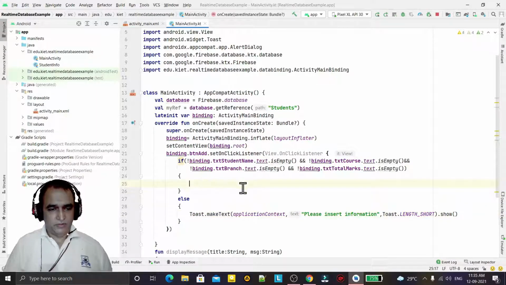Now if the information is not empty, then we can create a data class that I have created